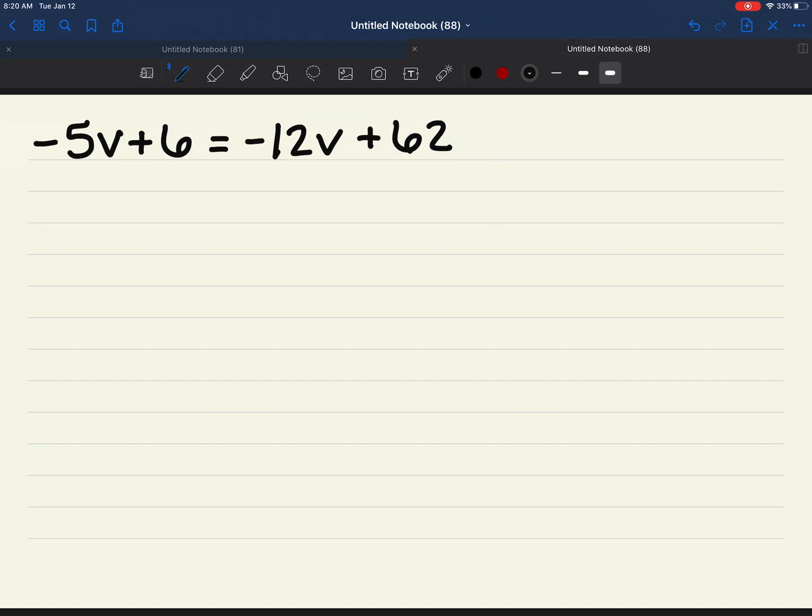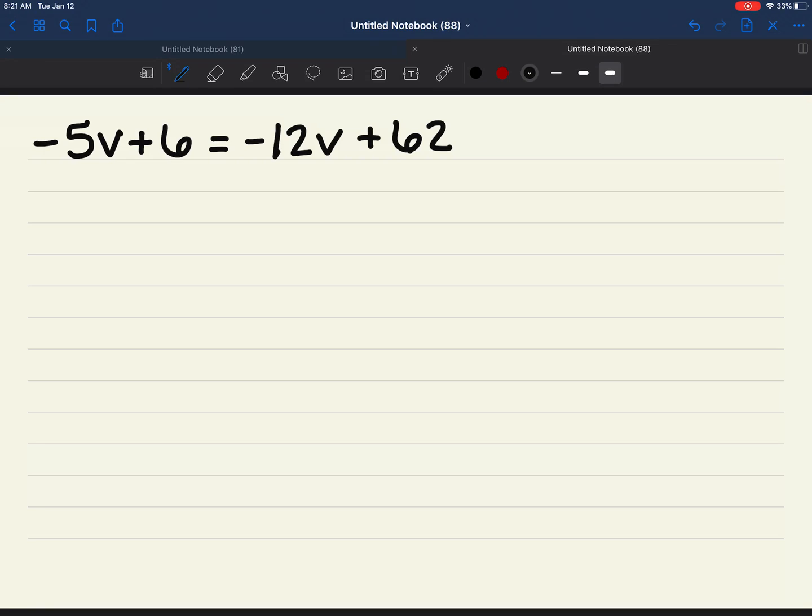Okay? Now, listen. Here's what I'm going to tell you on problems like this. Is that a z? 62. Remember, I always put a line through the z so you know it's a variable, not a number. Anytime you have a problem like this, you always want to move variables first. Does it matter which one you choose to move? No, it does not. Here's what I always say. I always move the variable that has the smaller number with it because usually that will get rid of a negative